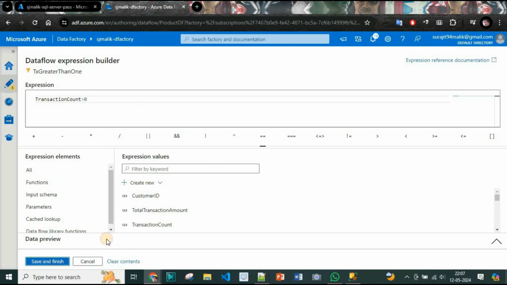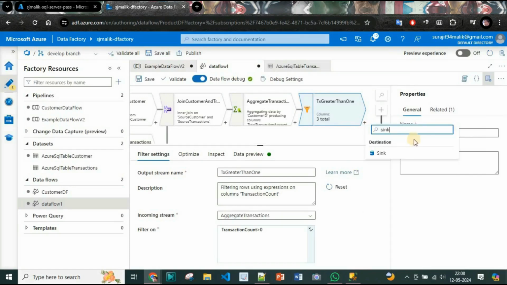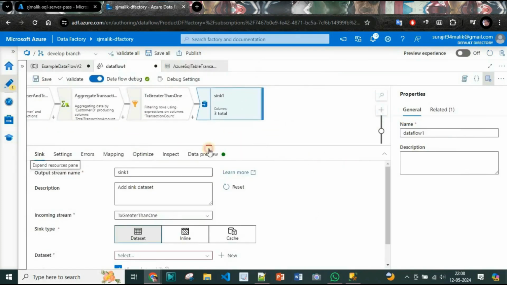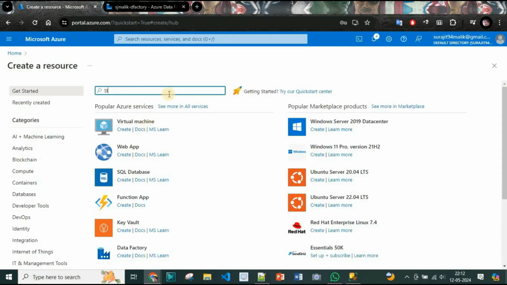And the filter name will be basically the 3x greater than or equal to 1. Next, I will sync the result to another blob. So I will create a sink here, and if I go to the portal.azure.com, I